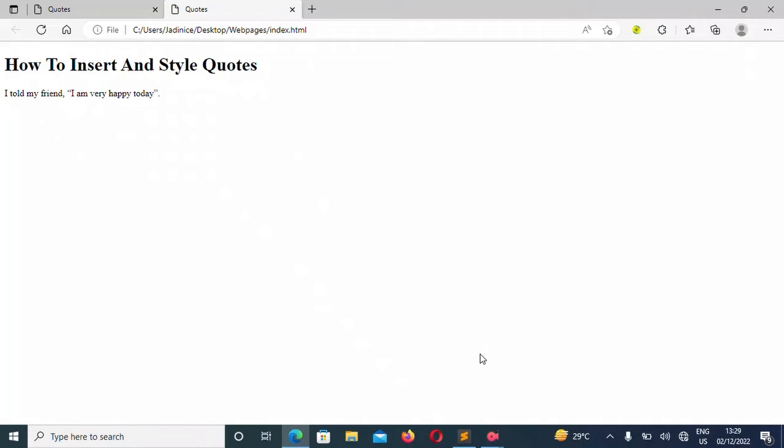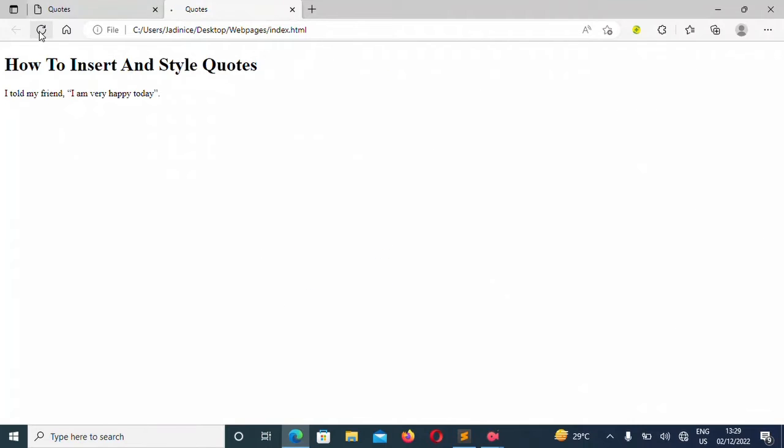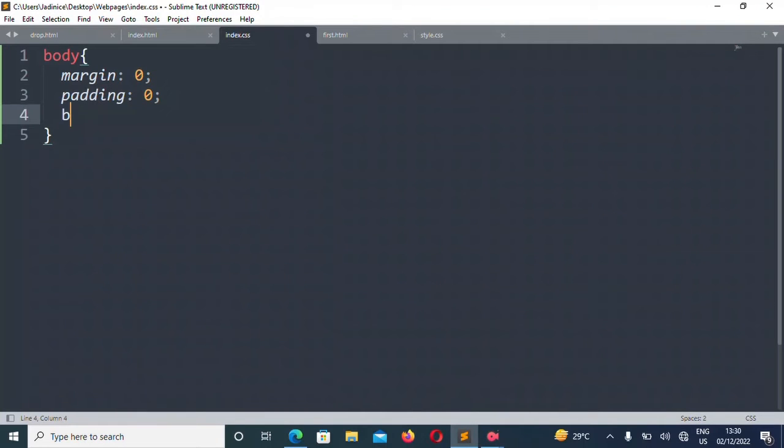We've created the quotes, and just to add a style to it, to make it a brand new feature that we can add in our web page, we're going to start with the body. Just a little styling. We'll make the margin 0, then the padding will also be 0, and everything there. Then we'll make the background color pale goldenrod. You can use any color you want, but for this tutorial we can go with this color.